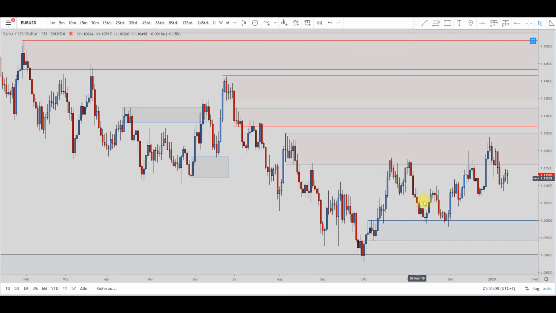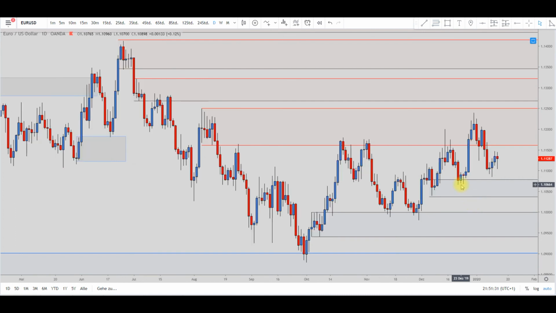Tested up here, came down into demand, came down into demand again, took out supply and took out supply on this side, so this makes this demand, which was tested recently, pushed the market further into this supply zone, and we came down into a zone that is a reaction to